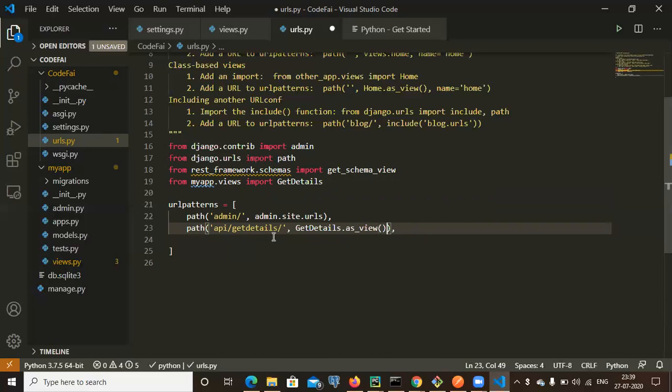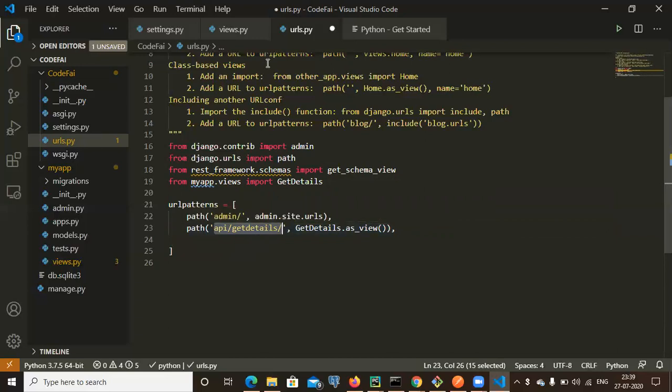So in this way, we can define the endpoint of our API. So I will call this API. Initially, I will add the host URL, and after this one, I will use this endpoint. The method I will call is GET.